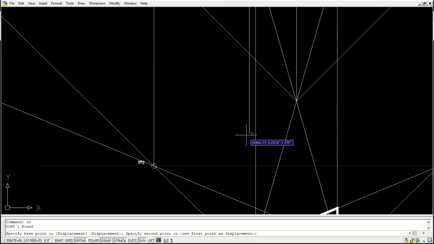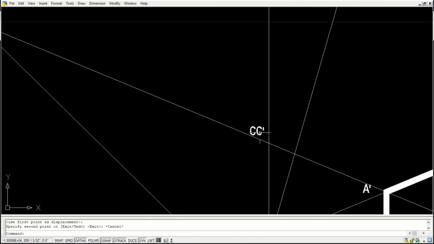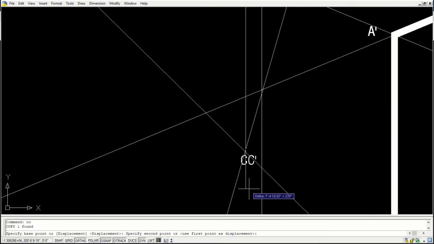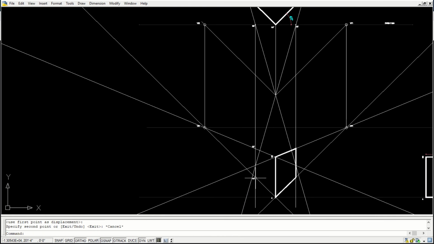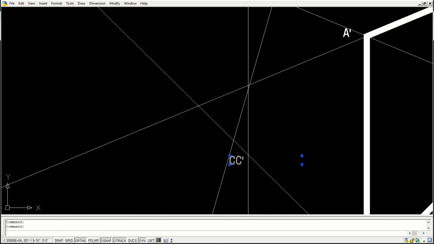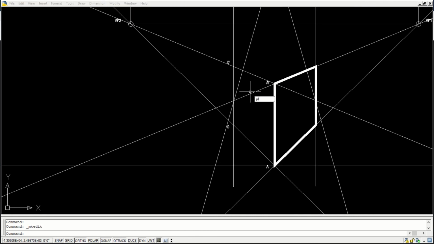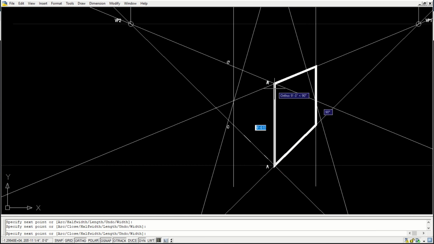So I'll bring it here. You can see this is C and this is C dash. I'll highlight it so that with so many lines you do not get confused.